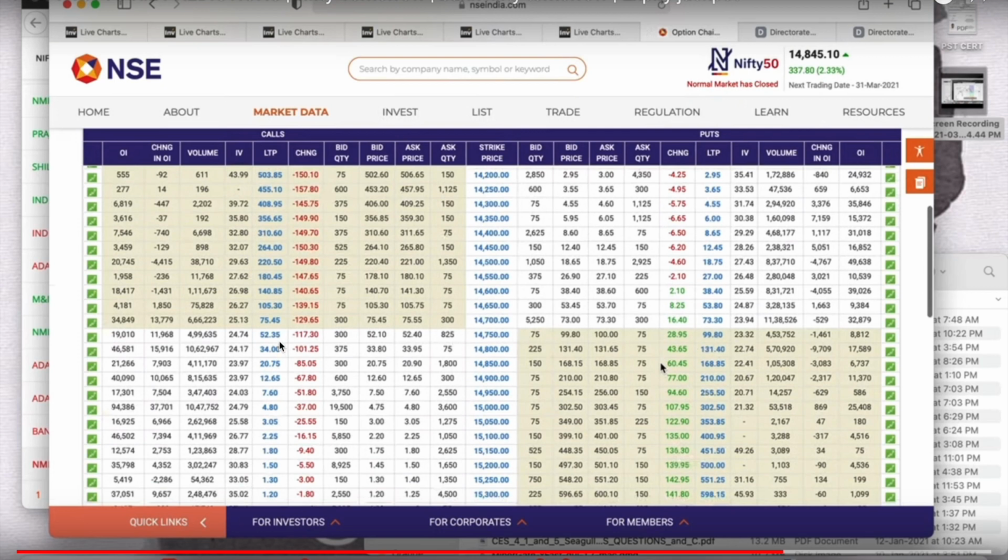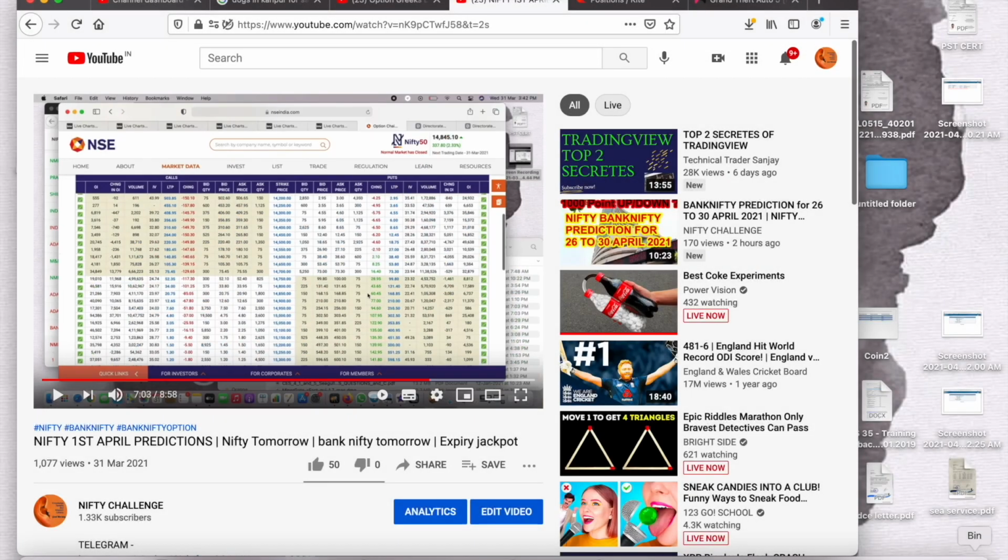Whereas you see on the call side, the call has become 34 rupees. The IV is still high. The IV has not changed much, but the call has fallen so much. Okay, I hope you will just get a rough idea what I'm trying to explain you. Let's come to the point where the IV changes. Now let me explain you how IV is changed with these candles every day.